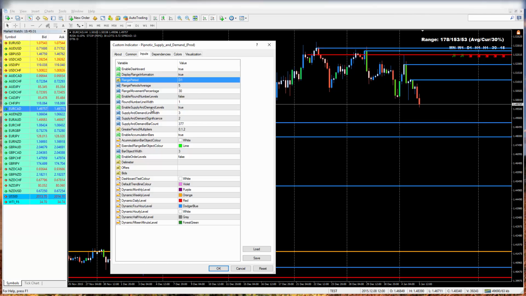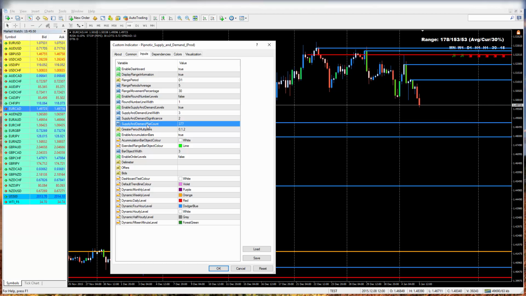And then I have the enable supply and demand levels set to true. The next important setting, supply and demand significance, I have this set to 2, which is good because it gives us solid areas of supply and demand that we can consider when trading. And I have a supply and demand bar count set to 377. This is just a Fibonacci number. You can use whatever you want, but I recommend that you keep it below 500 to help the indicator a little bit,